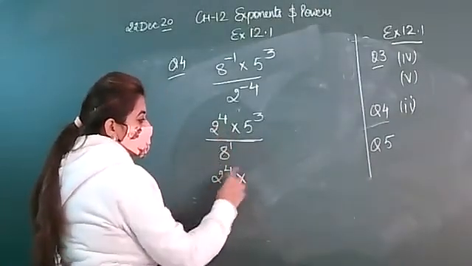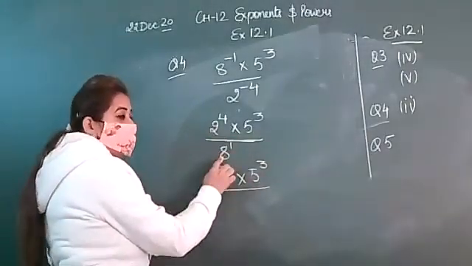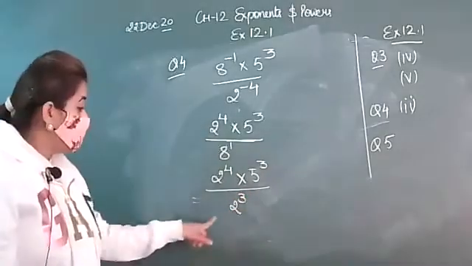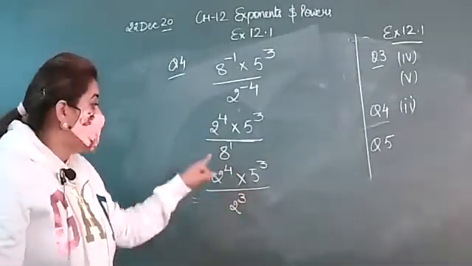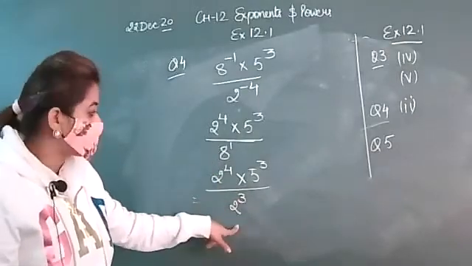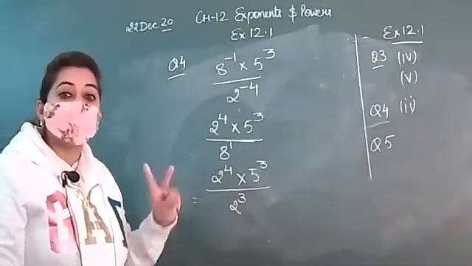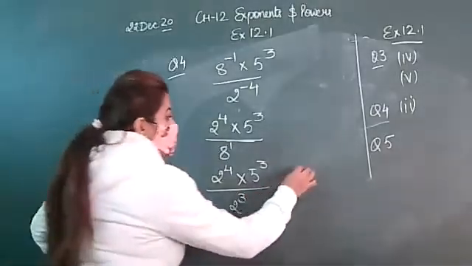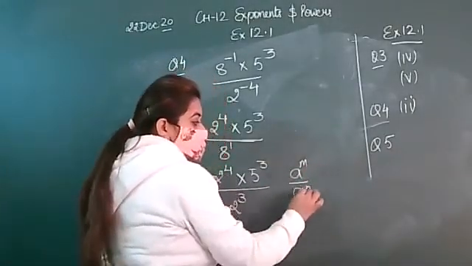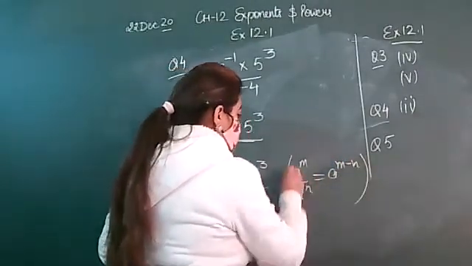So firstly I have written this term same, 5 raised to power 3 same, and 8 you can see that if you factorize this, it will become 2 raised to power 3 because 2 cube will give you 8. Now these two terms are same because they have the same base and they are dividing. So the power will be subtracted by the second law of exponent. A raised to power m upon a raised to power n. The terms are dividing, so power will be subtracted. This is the first way.